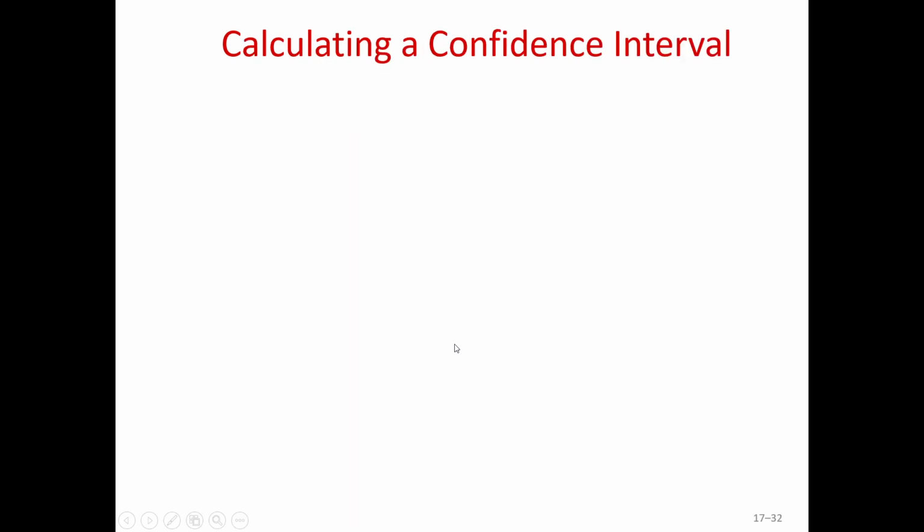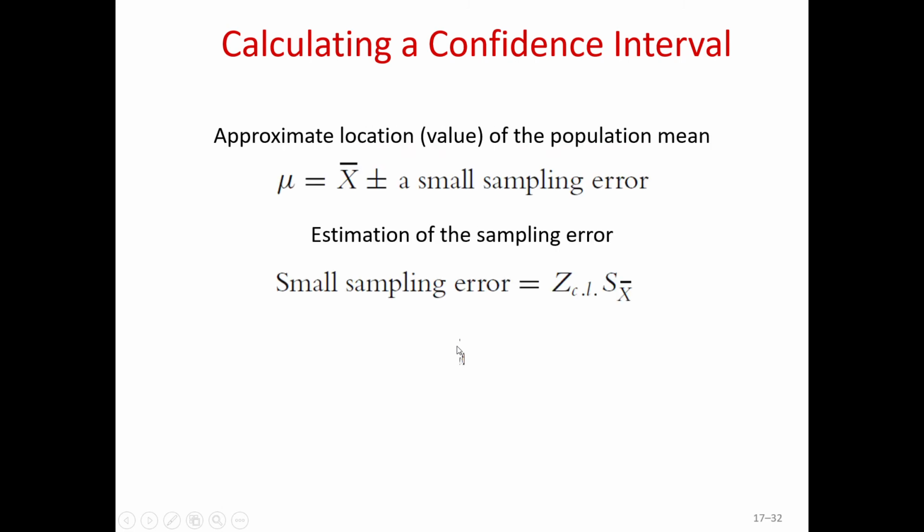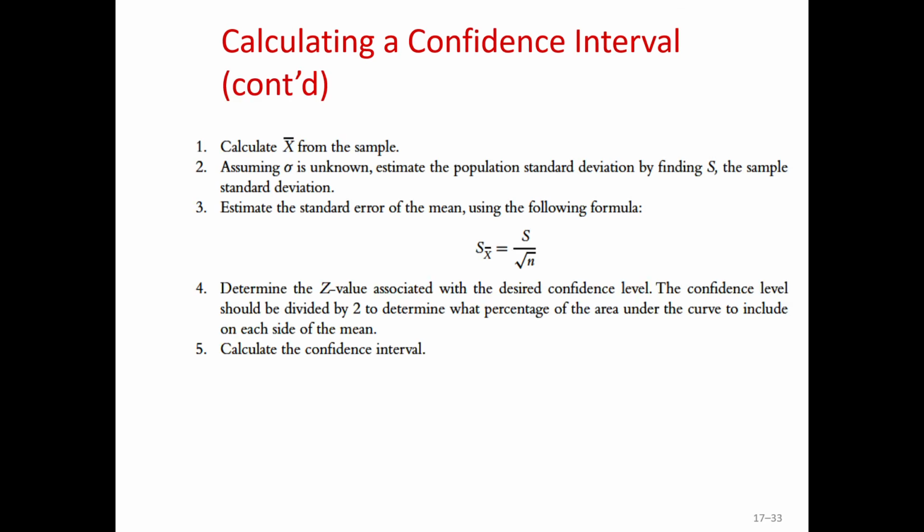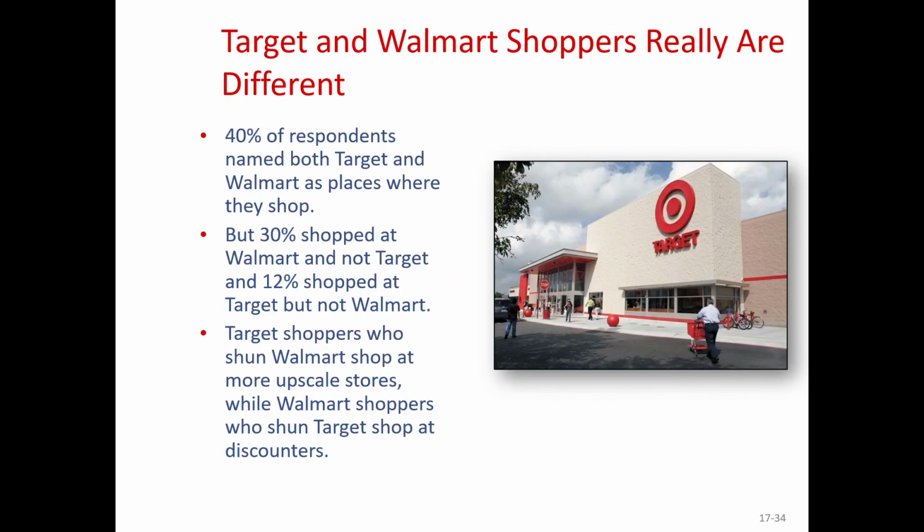Confidence level. Now, how can we calculate the confidence interval? We have some steps. We need to approximate the location, estimate the sampling errors, and then we have the sample mean, and we do the calculation. There are some steps here. If you just follow steps 1, 2, 3, 4, 5, this is how you can calculate the confidence interval levels. Another example that we have here is